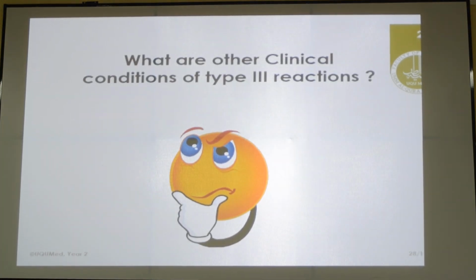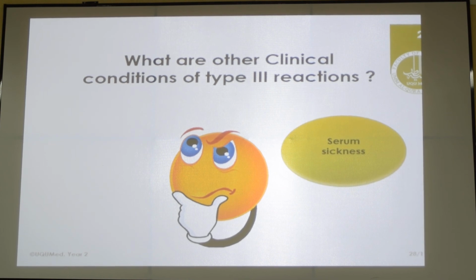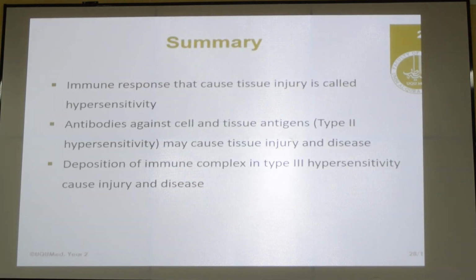What are other clinical conditions of type 3 reactions? Arthritis. Arthritis is mainly a Th1 mediated disease or Th17 mediated. It's just repeating, that is serum sickness. You can go through the summary by yourself. If you have any questions,